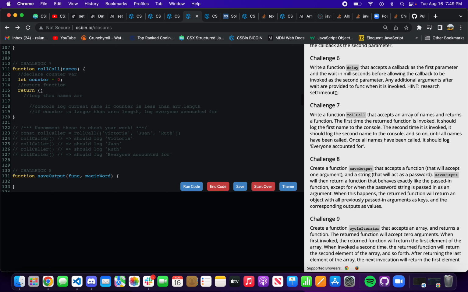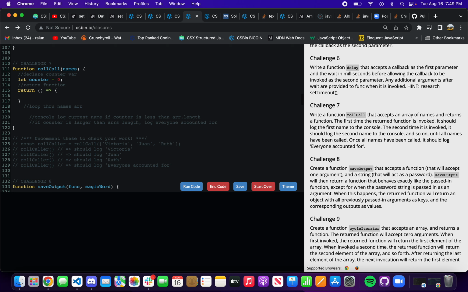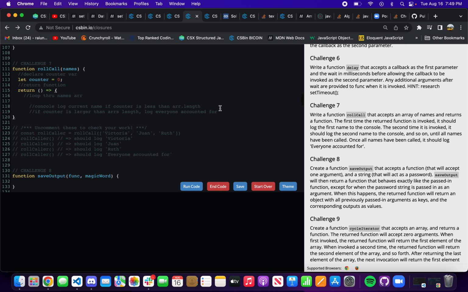I don't think we take an argument, so just return a function here. So to loop through, we're going to use a for of loop here. I believe we can do that. Yeah, I think so. So for let element of names